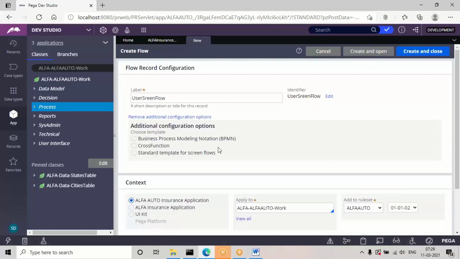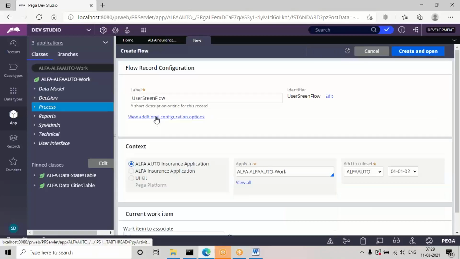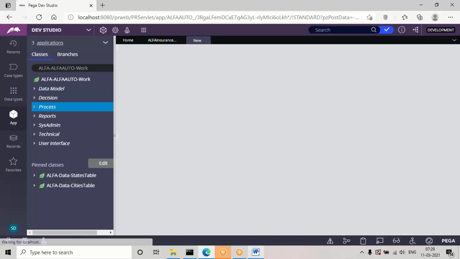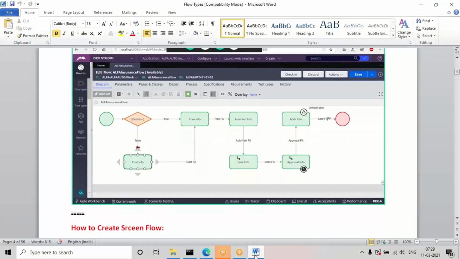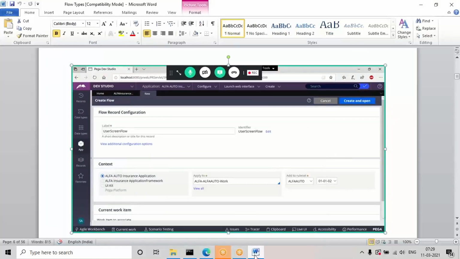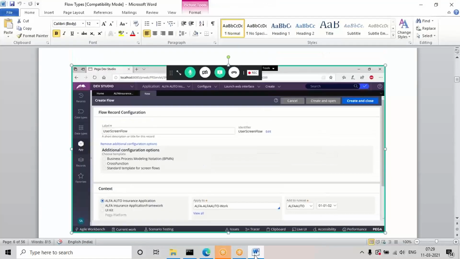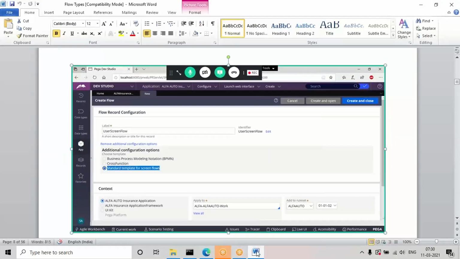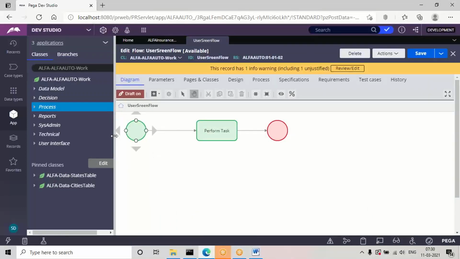There you'll get a template selection: the standard template for screen flows. Choose this template, standard template for screen flows, and click on open. Then this will become a screen flow. So in order to add a screen flow, we need to choose that particular template. Once you choose that, click on create and open, and you'll get the design.